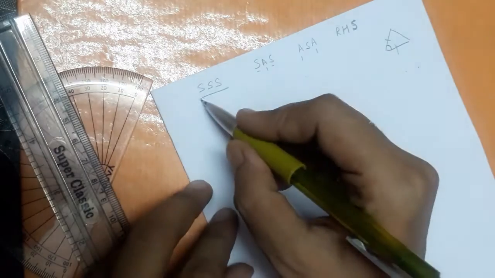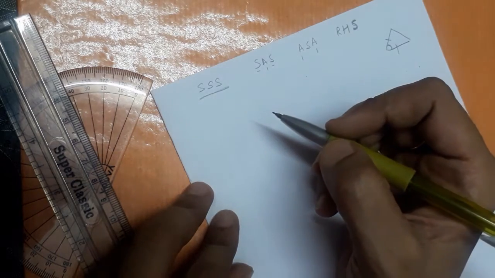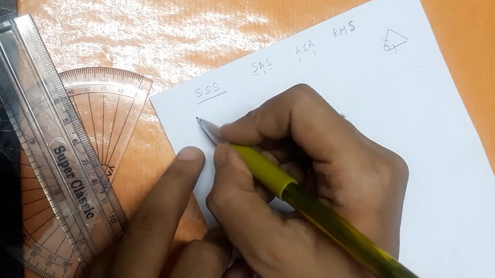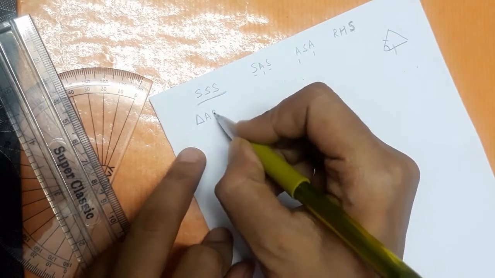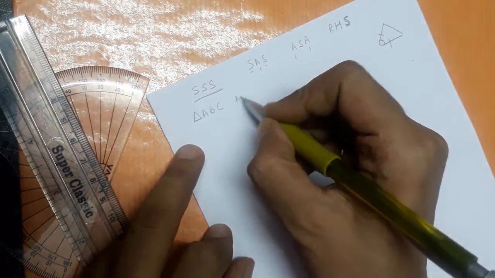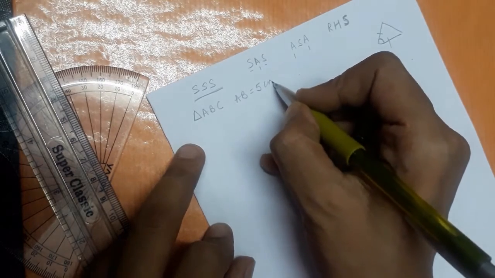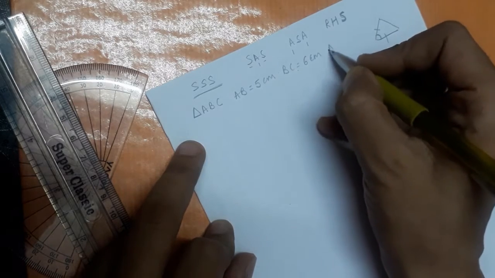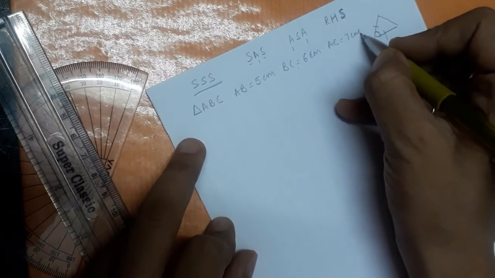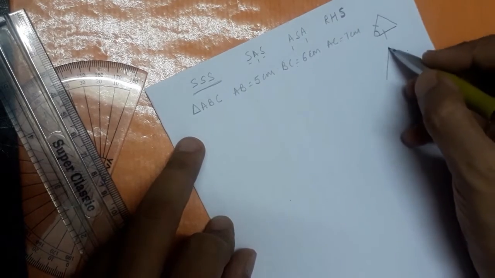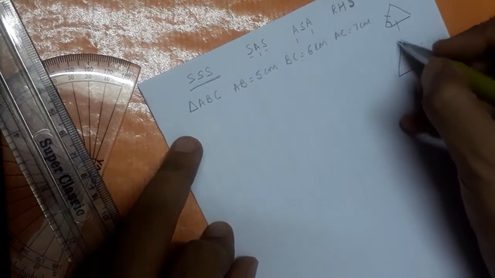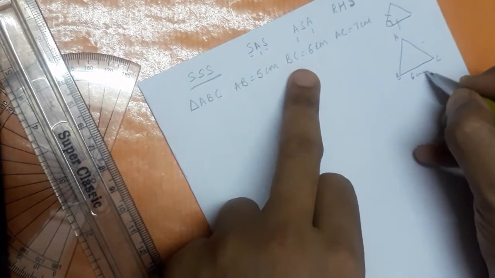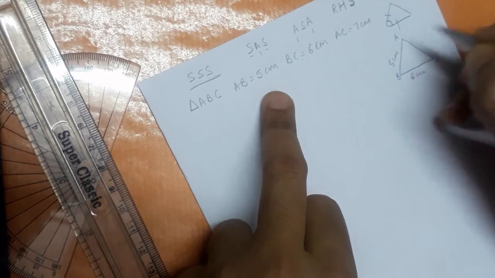So first we start with SSS, where three sides of the triangle are given and we are supposed to construct the triangle. So let us take triangle ABC. We need to construct a triangle ABC in which AB is equal to 5 centimeter, BC is equal to 6 centimeter, and AC is equal to 7 centimeter. So the triangle will be somewhat like this: A, B, C, where BC is given as 6 centimeter,